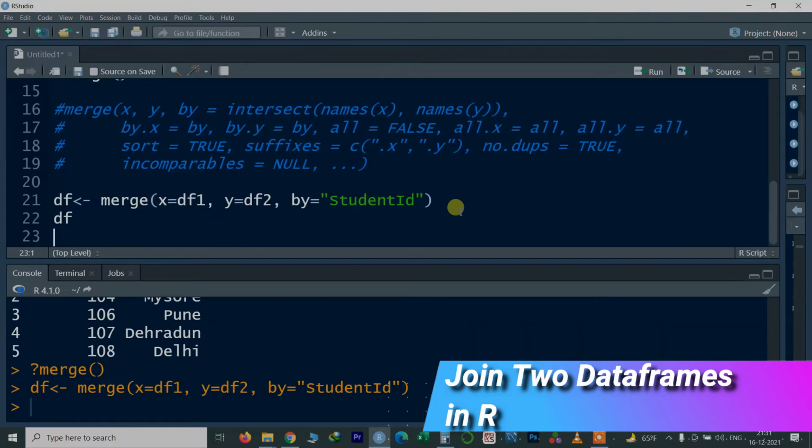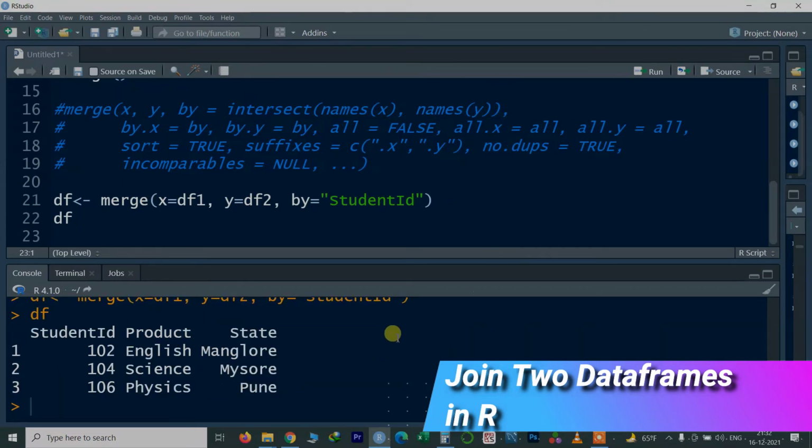In this case, R merges both data frames, stating that student id is there and both have the value. So you can see it is an intersection of both data frames. In both data frames these three elements are there, that's why only three elements are printed.